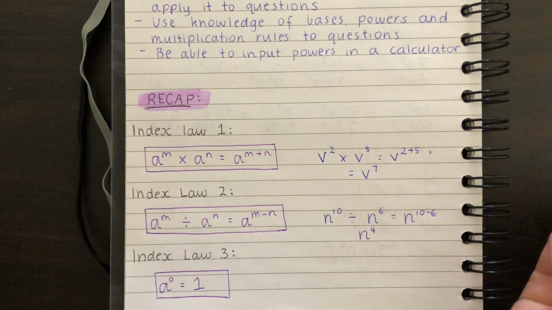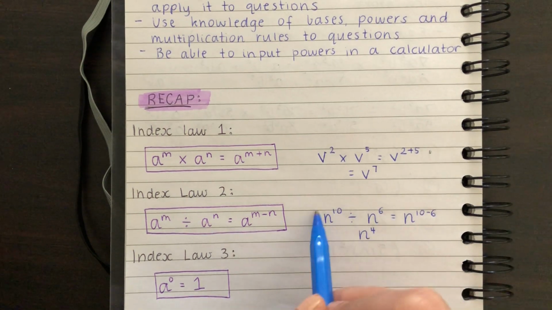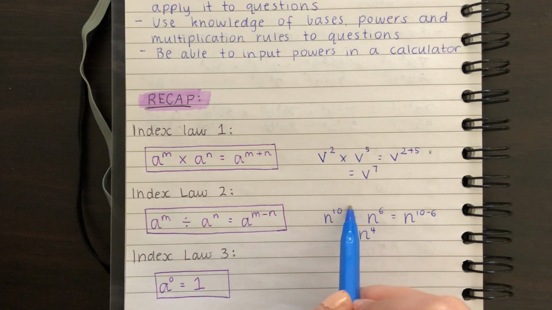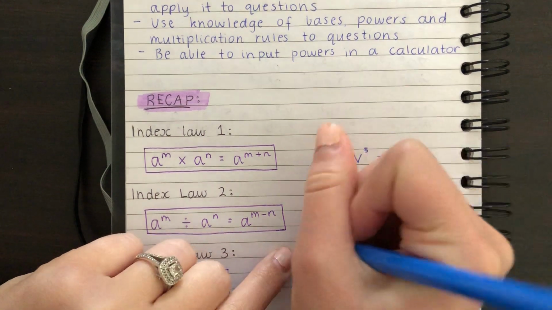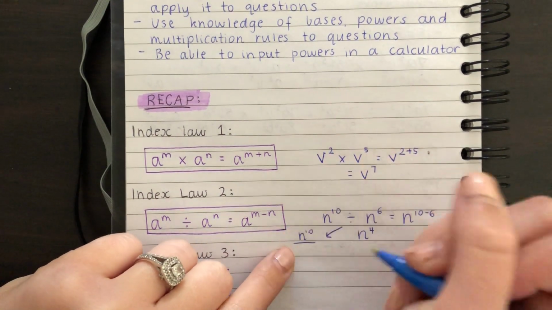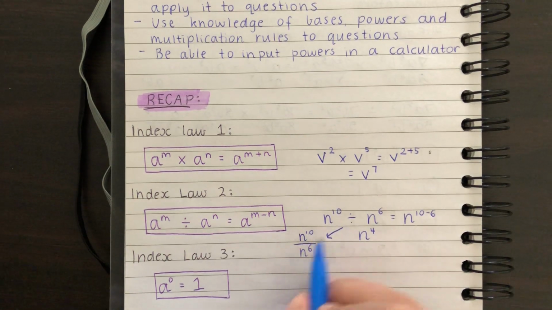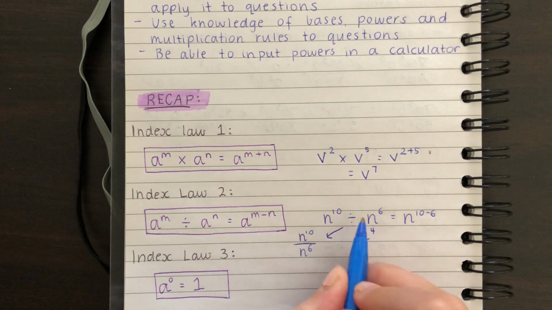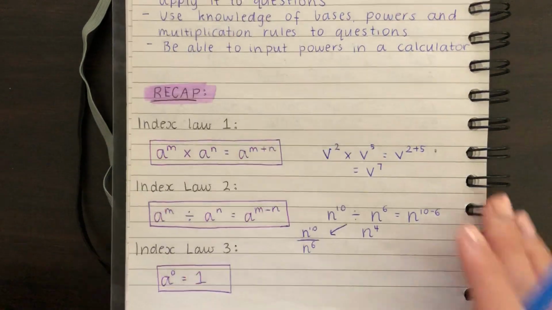Now we did do some questions at school where the division wasn't set out like this. Now remember, this can also be written out in this kind of format. It means the exact same thing. Here you're dividing, here you're dividing. So don't get confused there. Okay? And the third index law is